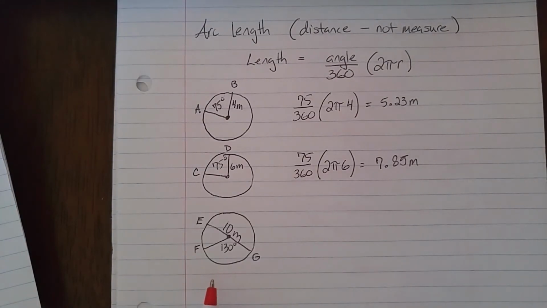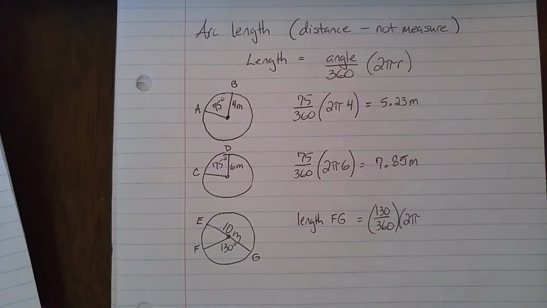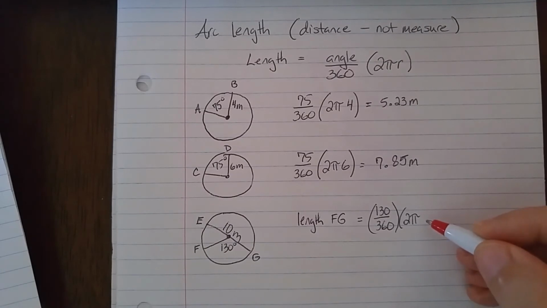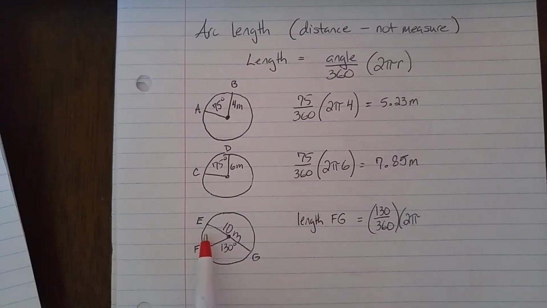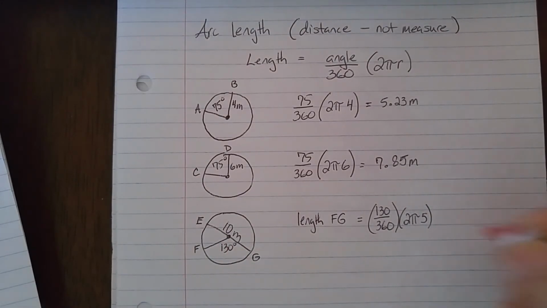Okay, so let's take a look at this problem right here. I'm going to throw in 2 curveballs. Follow me with this. So first of all, let's say I want to find the arc length for FG. So I have 130 over 360, because 360 degrees in a circle, times 2 pi. Now my radius, if you're going to put 10 down here, it would be wrong. Take a look at EG. That's a diameter. So to go from diameter to radius, divide that by 2. So my radius is going to be 5. So when you do your multiplication here, you should get about